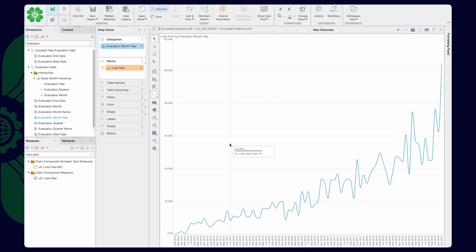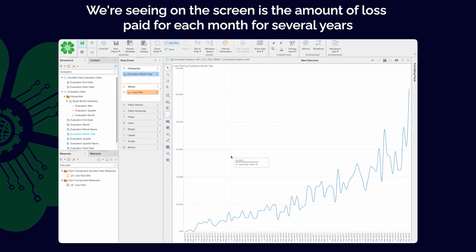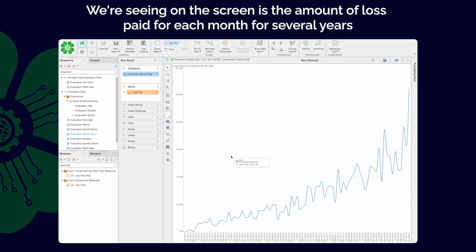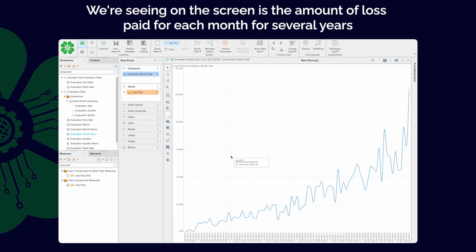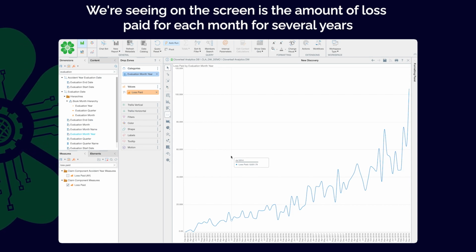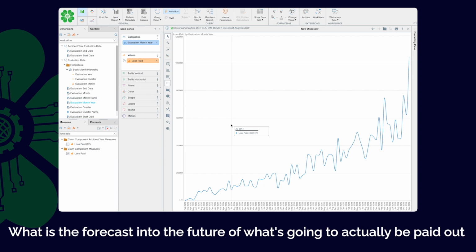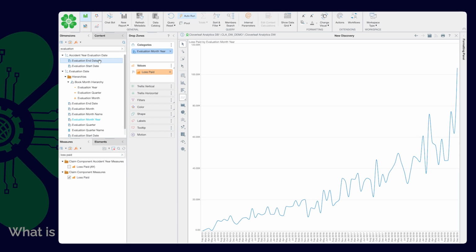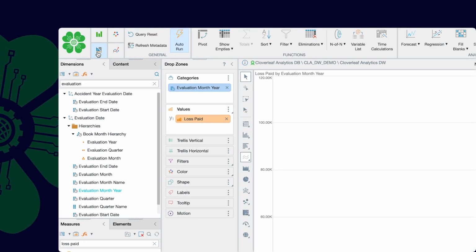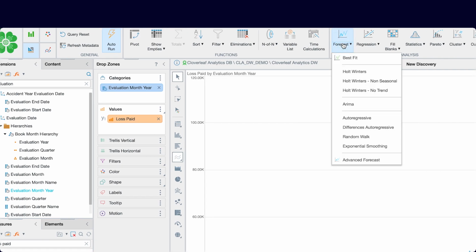Continuing with our demo and our theme of being able to do analytics in the cloud, there's one aspect that should always be covered by a solution, which is forecasting. In this case, what we're seeing on the screen is the amount of loss paid for each month for several years. But what I'd like to know is what is the forecast into the future of what's going to actually be paid out? So as I go to my query panel here, we can go to forecast,